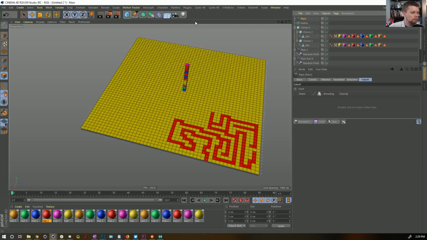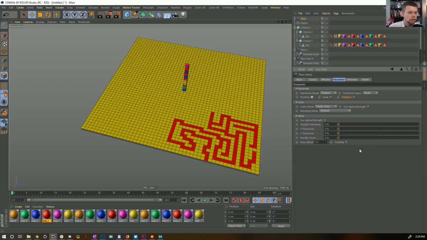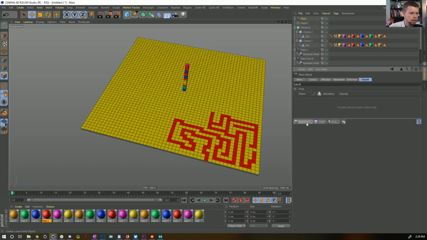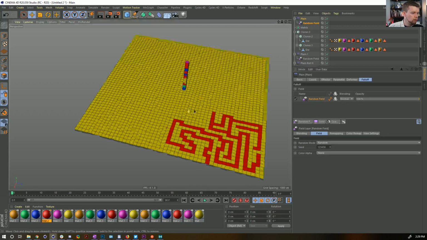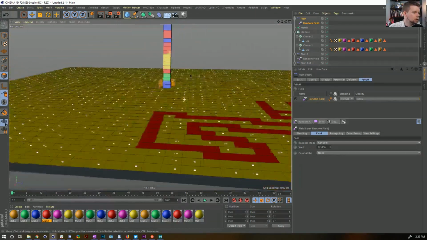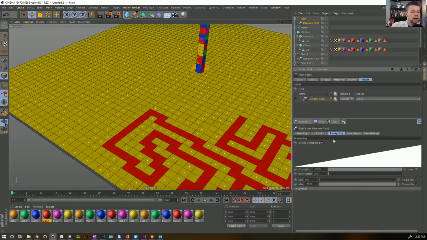So I'm going to say plane effector, and what this plane effector is going to do is not move it, but it is going to affect, I think visibility is what we want. So let's say we're affecting the visibility, and now let's add in, I'm guessing, just another random field. Now that I've added in a new random field here, you see some of these have disappeared. There's only some around. But if we go into remapping,